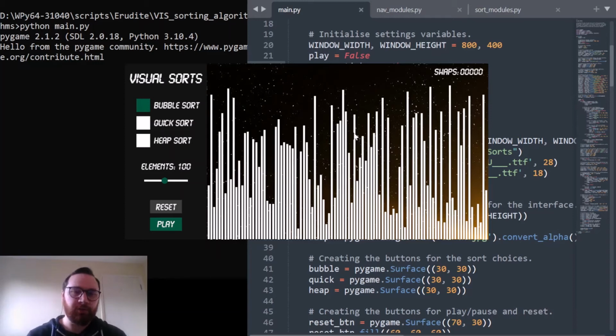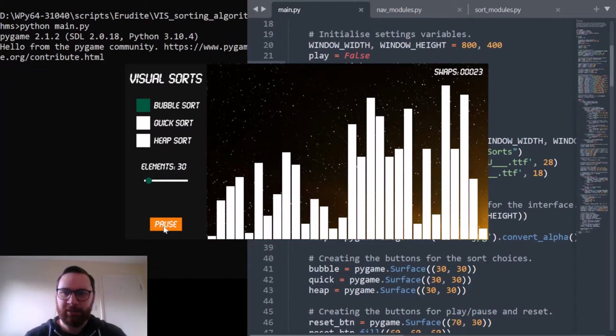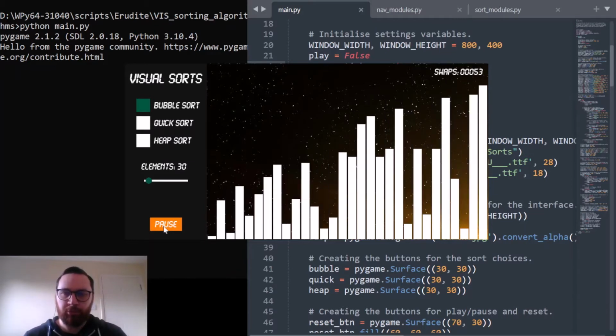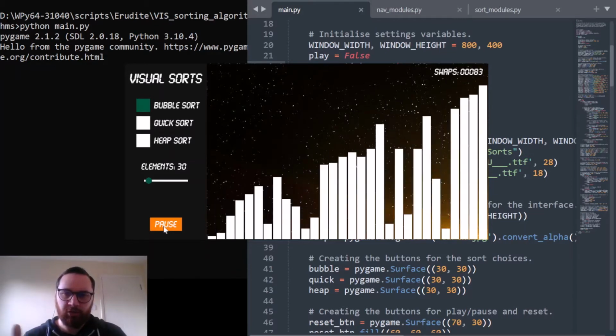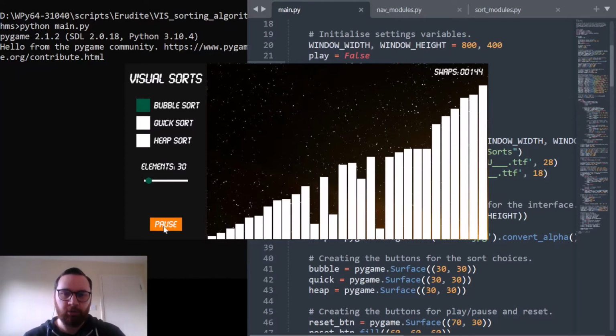Hello, in today's video we're going to look at the final video I'm doing on sorting algorithms, and in this one I've made a small UI, a user interface that allows you to explore how these different algorithms work. So if we pick the bubble sort and then we drag this down to about 30 and we press play, you can see how the bubble sort process is working through each of these columns, slowly but surely sorting all